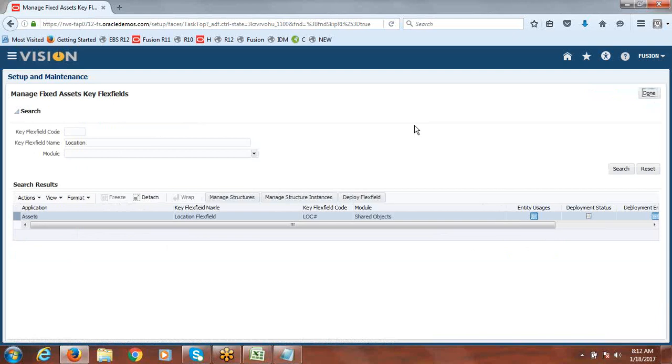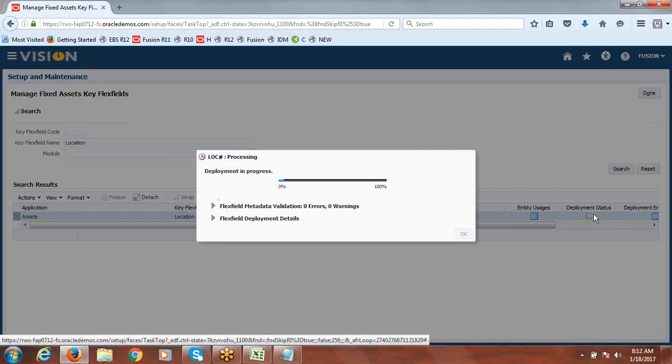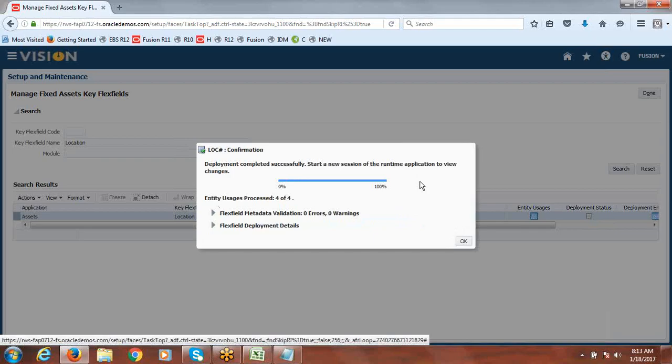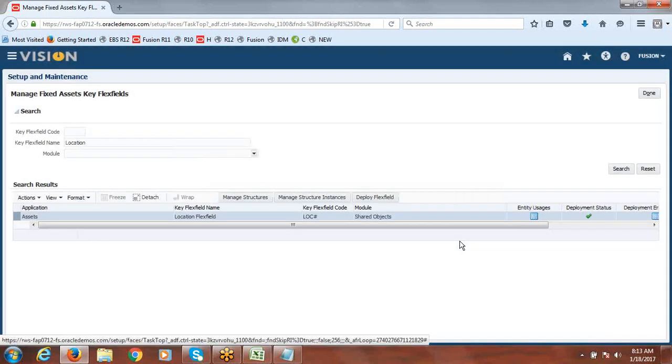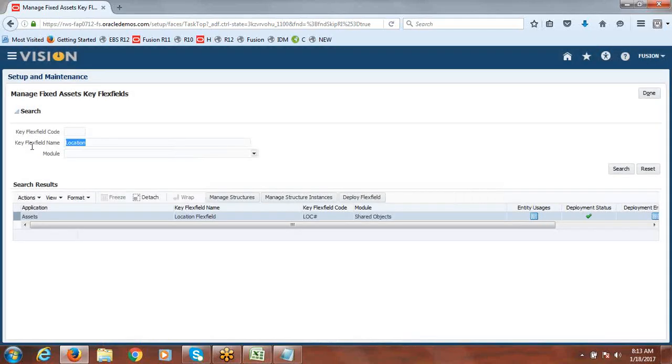In the same way, category flex field also we have to deploy. Just see this one. This one you can deploy. Say deploy flex field so that the status will get changed. Since we don't have many structures, it's deployed without taking much time. In the same way for earlier whatever we created category, that also you can submit for deployment.